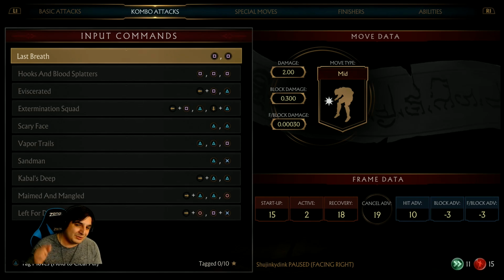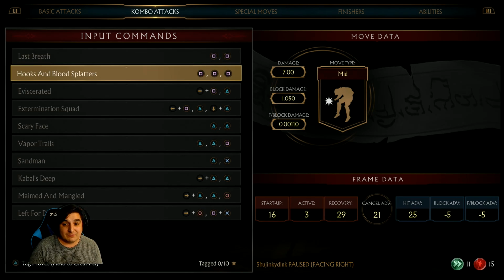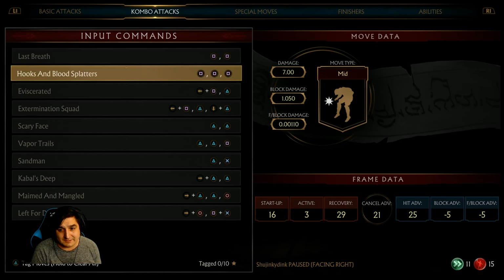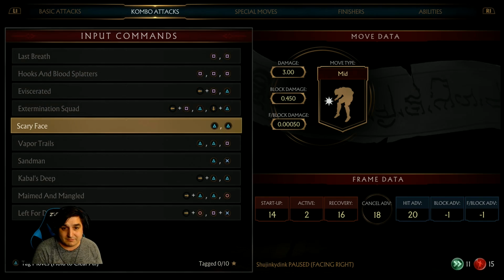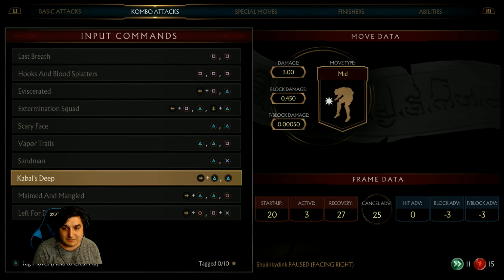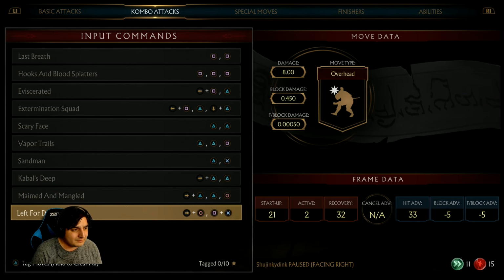So now we're going into recovery. Now, recovery frames, as I mentioned in my frame data video that's in the iCard up in the corner if you want to check it out, tells you how hard a character, if they whiff a move, how long it takes them to recover. So you can see, even though Cabal has some really good block advantage, his recovery is quite high. So you look, we got 29, 32, 33, 2 is pretty good at 16, 26, 24, 27, 21, 32,